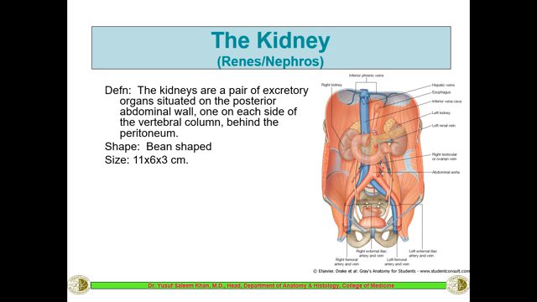The size of this kidney is almost 11 to 12 centimeters in length from upper pole to the lower pole. Half of that is the breadth, so almost 6 centimeters will be the breadth, and half of that will be the thickness, almost 3 centimeters. So it is 12 into 6 into 3. Okay, so the length is 11 to 12 centimeters, half of that is the breadth, that is 6 centimeters, and half of that breadth is the thickness,